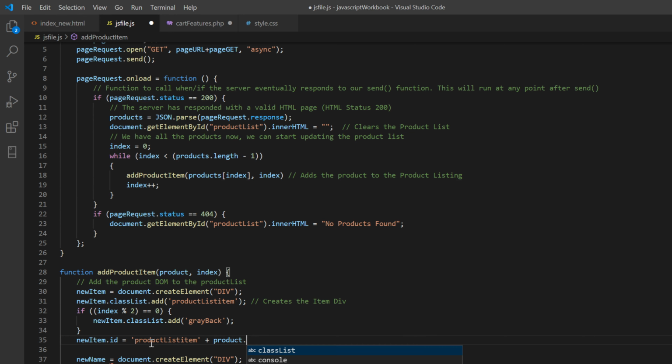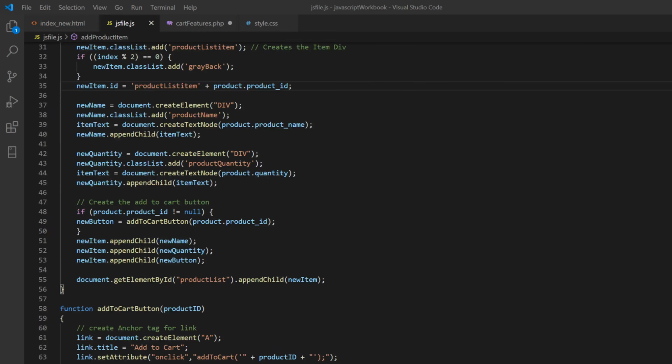So it's product dot product ID, and that should add a product ID now. There we go. So yeah, each one's now got its own unique ID, so we can actually target that